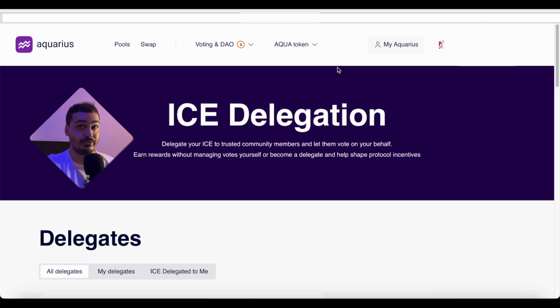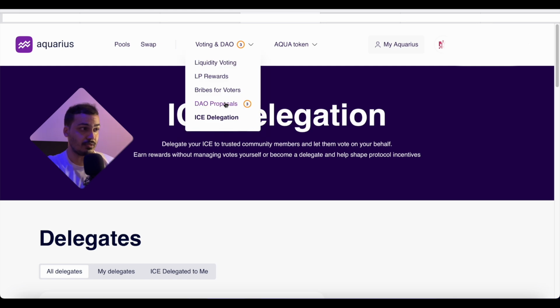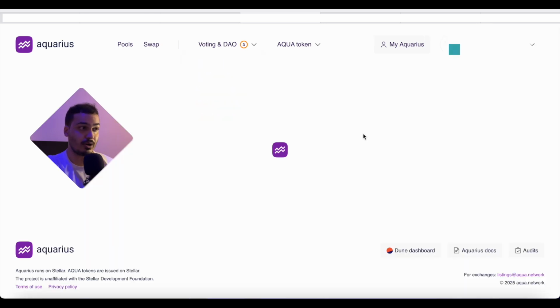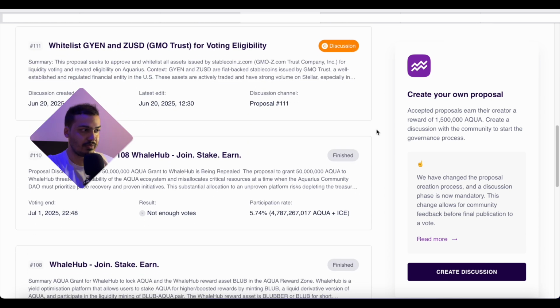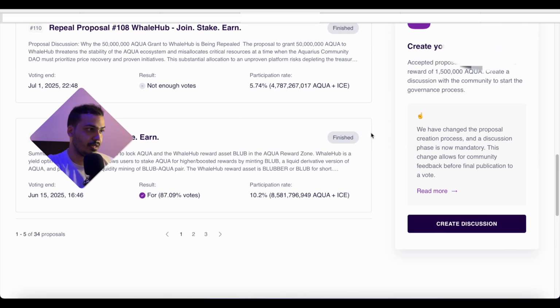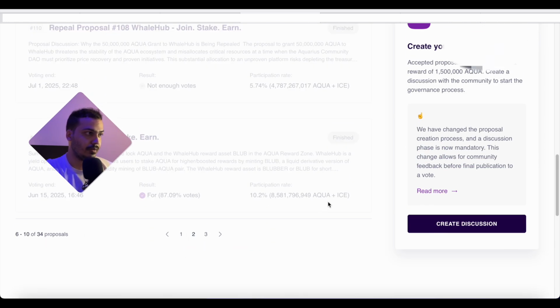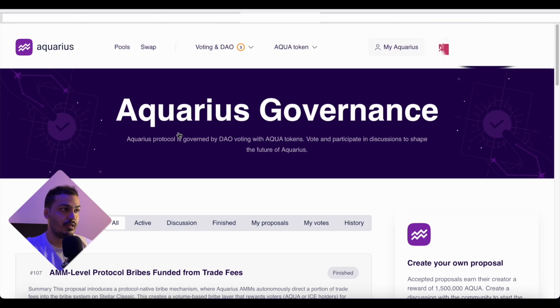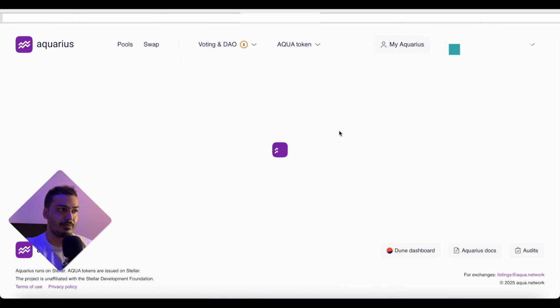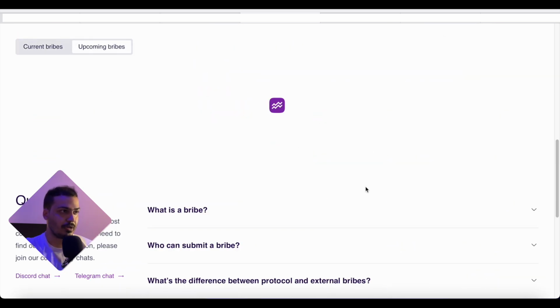And the bribe reward seems to be increasing after the recent proposal that got passed in the DAO proposals, which was 107 if I remember correctly. Let me check it out again. Yes, this was the proposal that got passed, and it increased the bribes for each and every participant in the Aquarius. So this way, if you check out the bribes and click on this option of upcoming bribes, you can